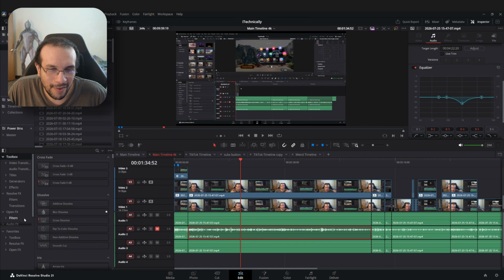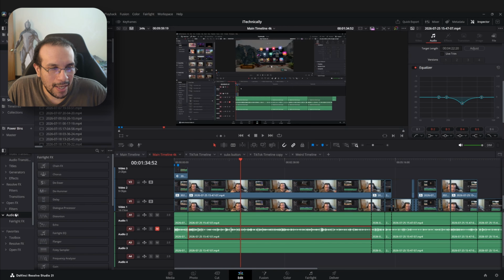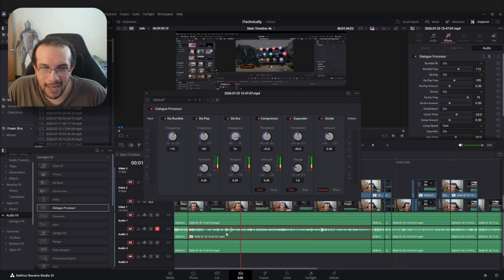Now, finally, what you will want to do, if you're a bit of a perfectionist and whatnot, is come over here to audio effects, okay? It's under your effects. So you're going to click on effects and go down to audio effects and find something called a dialogue processor. Put it on,